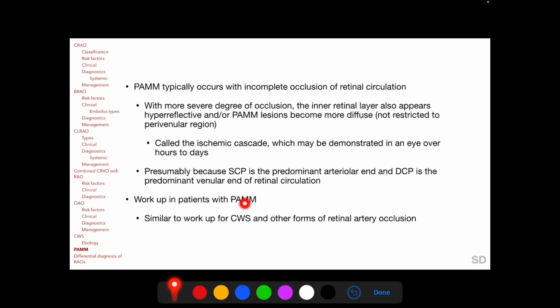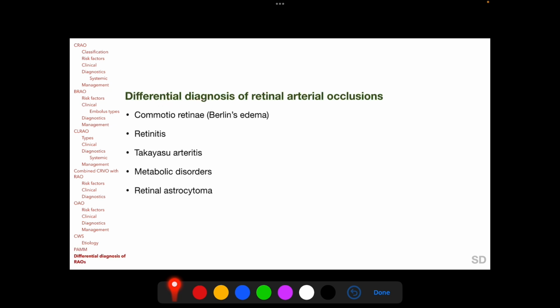Workup in patients with PAMM is similar to workup for cotton wool spots and other forms of retinal artery occlusions. Differential diagnosis of retinal arterial occlusions includes Berlin's edema, which occurs following blunt ocular trauma, retinitis, Takayasu arteritis, which occludes the major thoracic blood vessels, metabolic disorders which cause cherry-red spot, and retinal astrocytoma, which is a